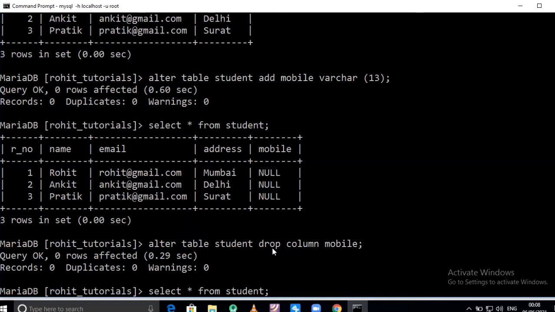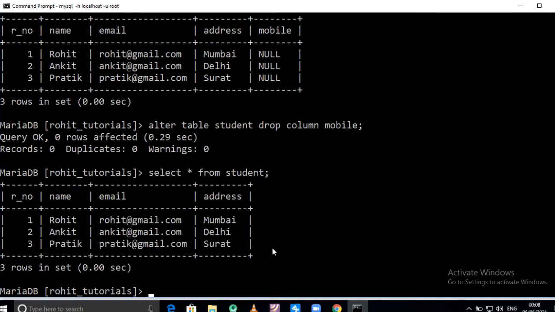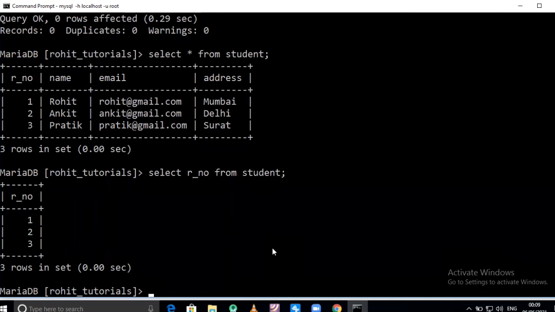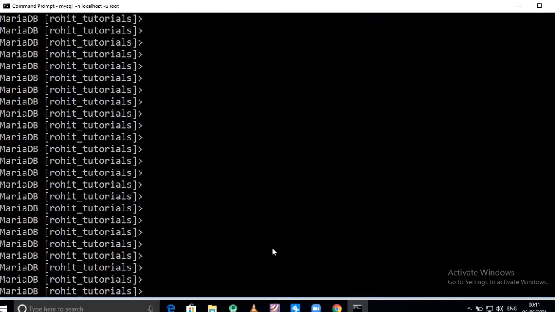Again I will give the select command, select star from student. Star is nothing but each and every record is retrieved from the table. If you give the command select roll number from student, only roll number is retrieved. By mistake enter was pressed.